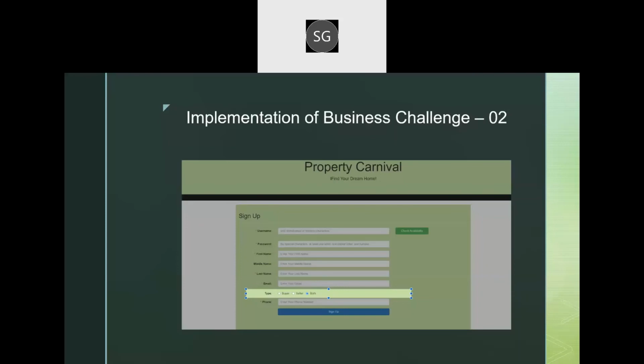So we have implemented the solution for our business challenge too. So what we have done in our sign up portal, previously you have seen we had only buyer and seller option. Here we have added a both option. So while registering, a user can sign up as both buyer and seller, and then we'll allow them both the